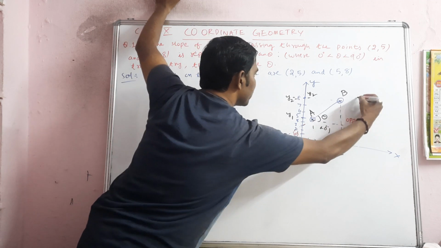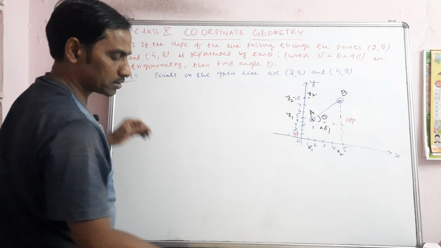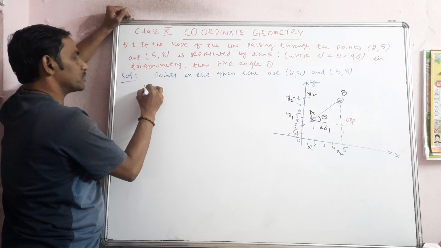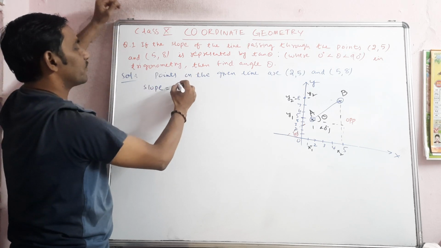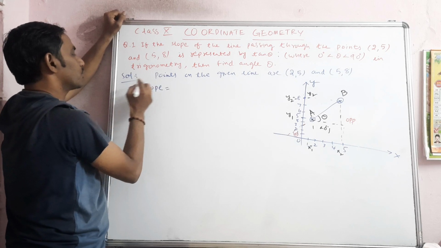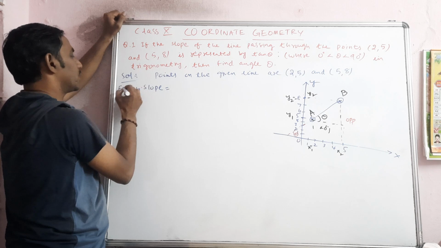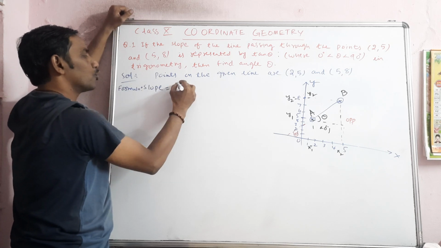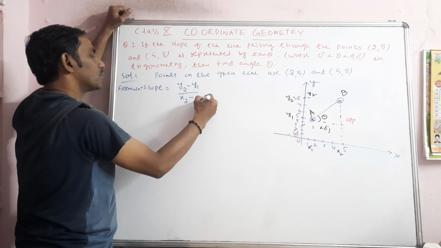So the slope formula is what you will get. Here you can see the slope. First of all, write the slope formula: slope is equal to (y2 minus y1) by (x2 minus x1). And then what you can do is